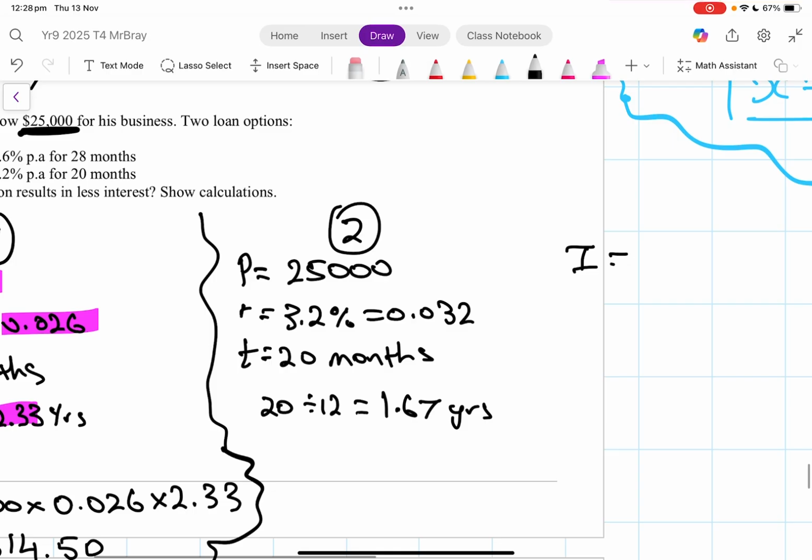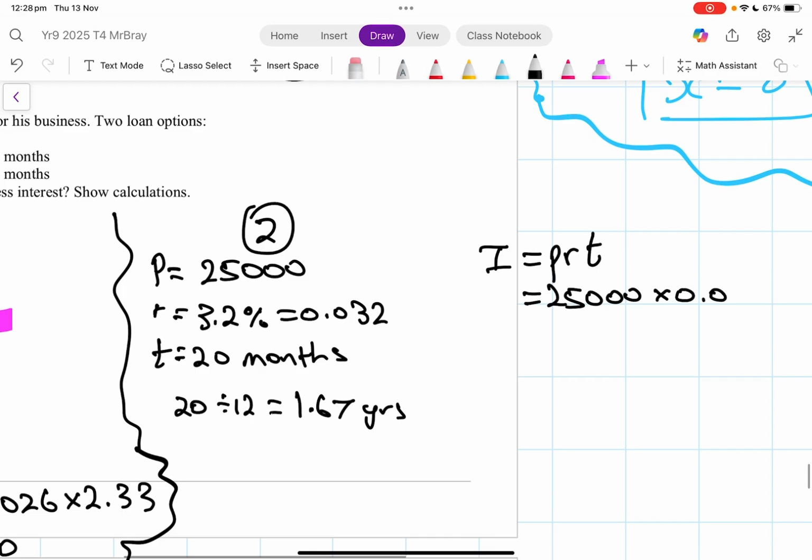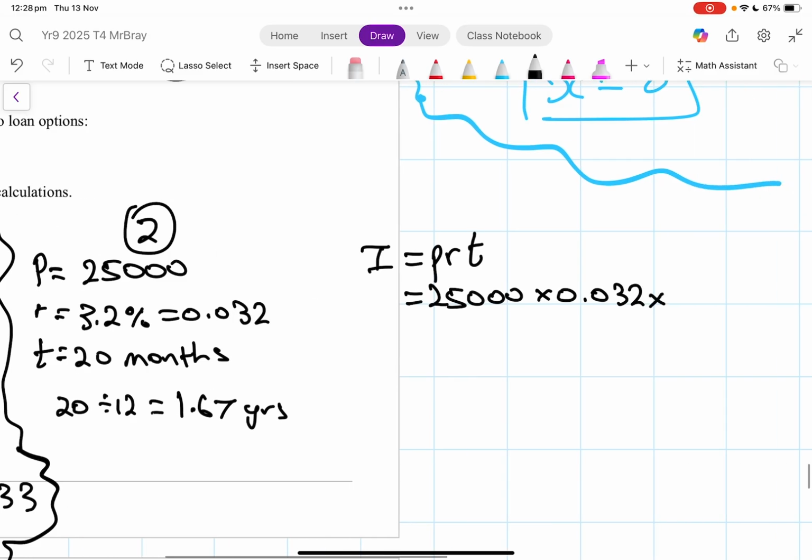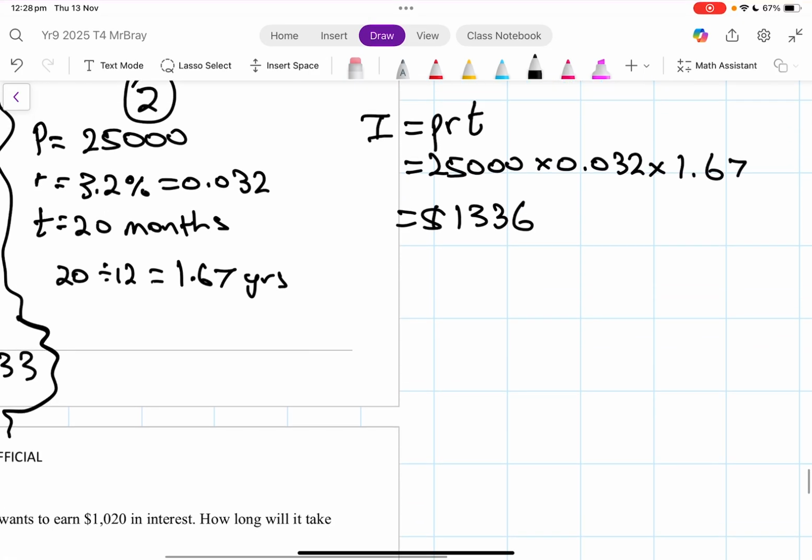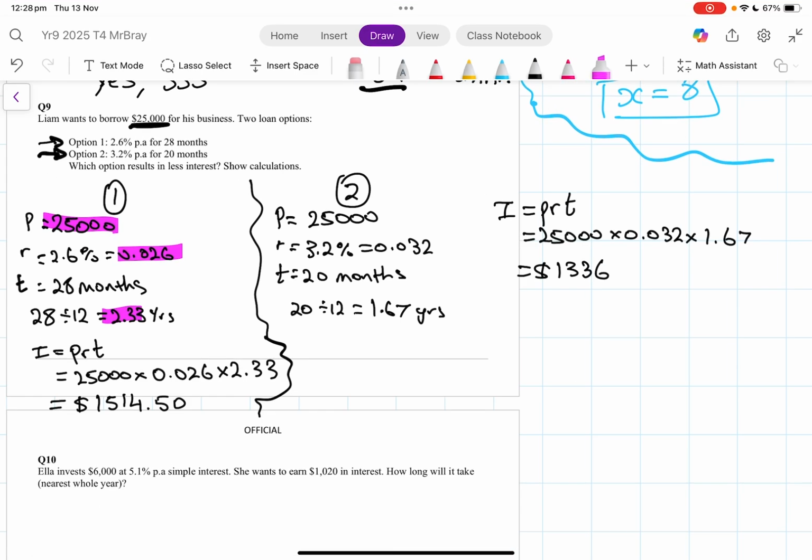Once again, I equals PRT, replacing P with the 25,000, replacing R with the 0.032, and replacing time with 1.67, multiplying those three together, 25,000 times 0.032 times 1.67 in the calculator, we get $1,336. And so if I'm comparing the pair of option 1 and option 2, I can see that option 2